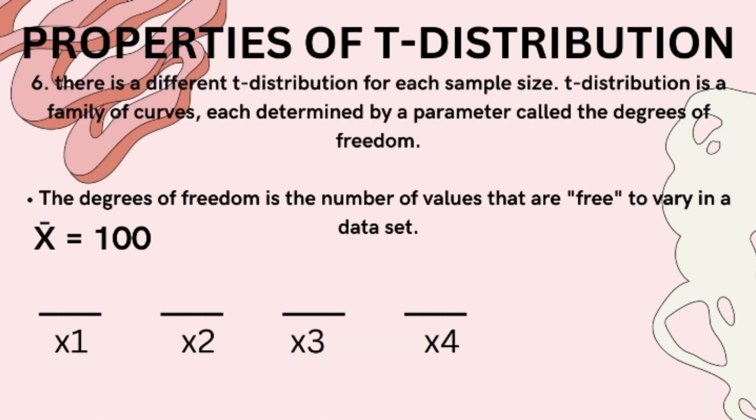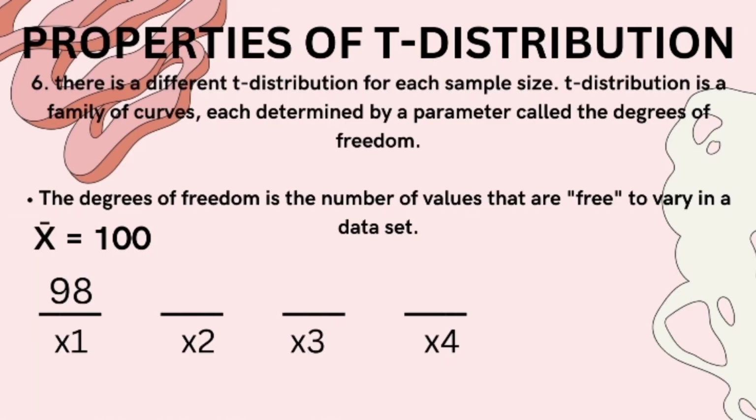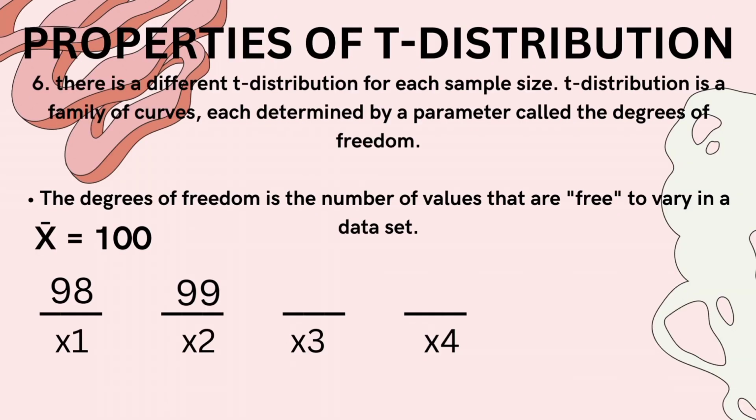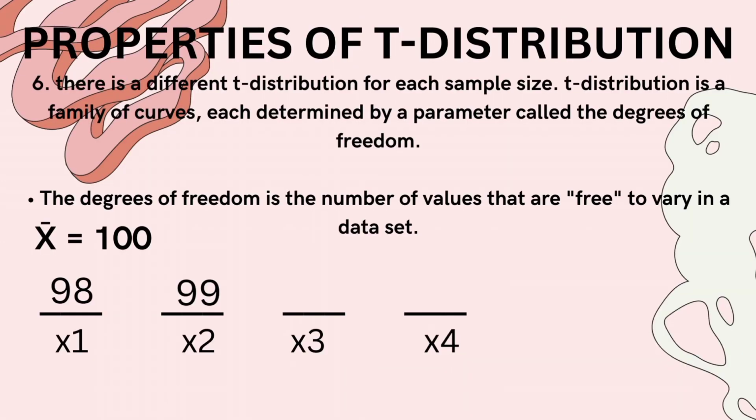For instance, we want a mean of 100 and we have 4 slots to fill. We are free to write any number on the first slot. Let us say we put 98 here. And on the second slot, we are also free to write any number. Let us say we will write 99 here. We are also free on the third slot. And let's say I will put